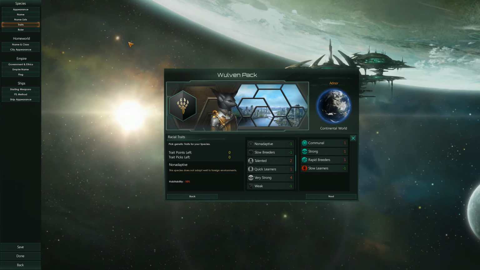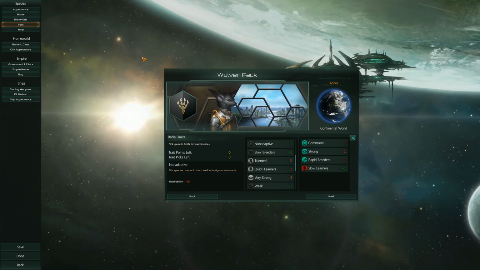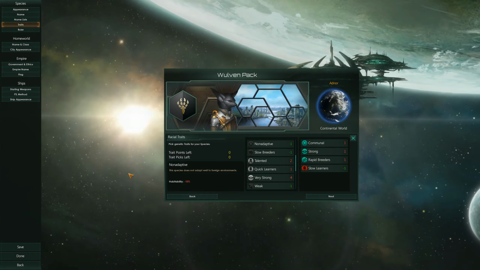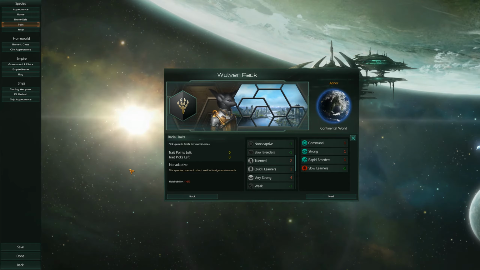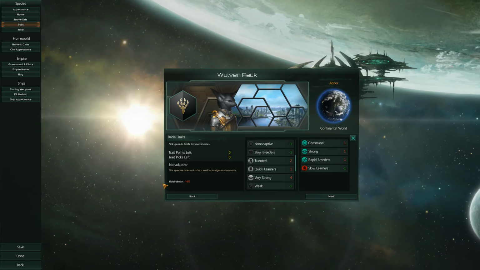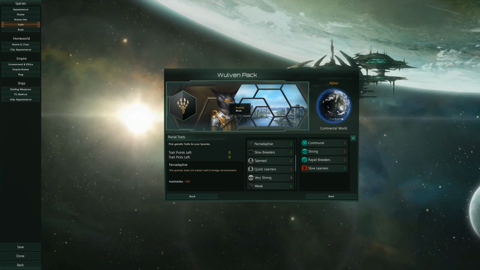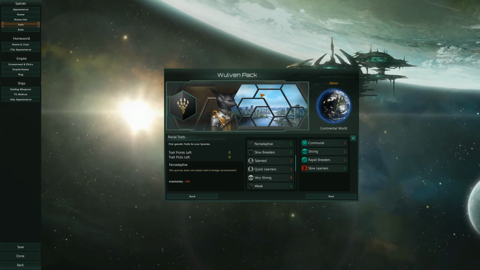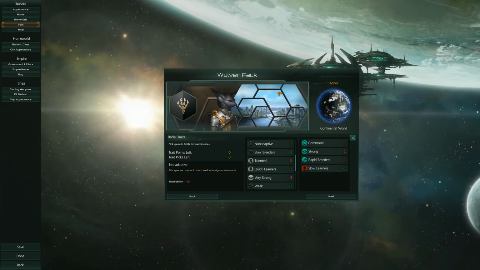So next up, traits, which is where it gets interesting. So your race has defining characteristics which make it different from the generic, bland, non-unique races. Because picking the graphics inherently doesn't actually do anything, as far as I understand. So for the Wulven Pack, I figured, these are...